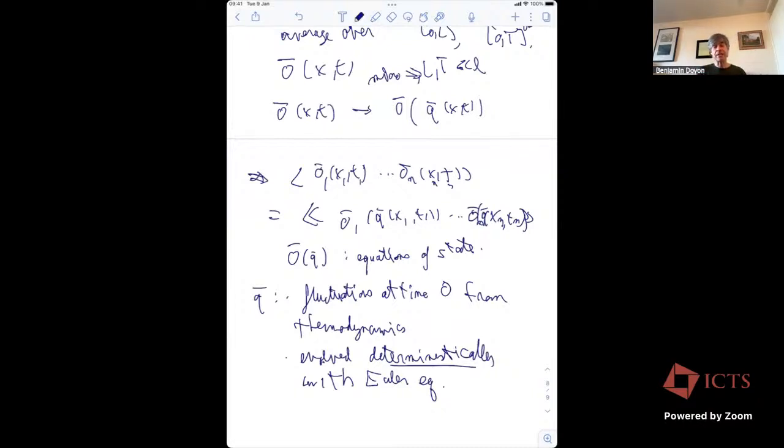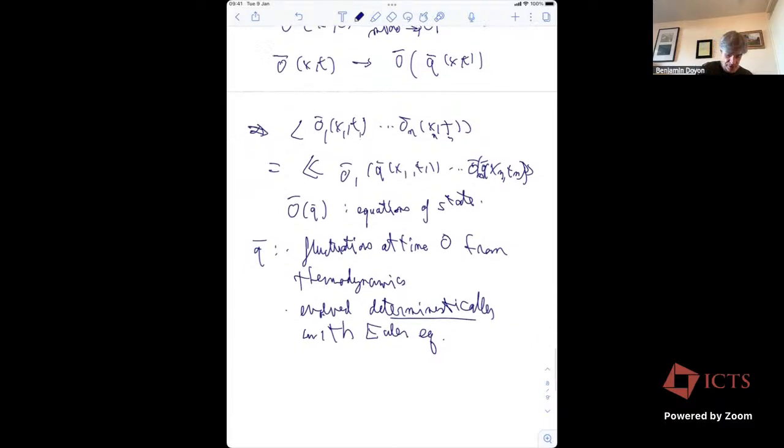And it turns out, if you do this procedure appropriately, it gives you the leading large-scale asymptotics of all correlation functions. So that gives the hydro predictions